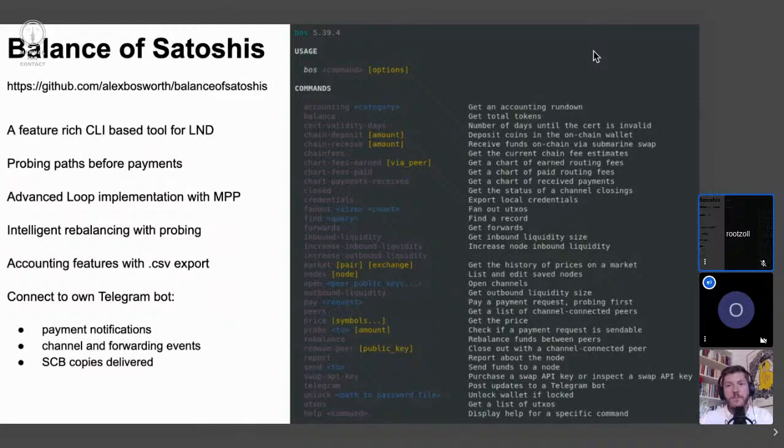Also, it has a rebalancing tool where you can see which channel should be paying and which channels should be receiving the balance. So it's kind of intelligent in terms of, well, it's probing the route, finding the route, and always shows you the fees before engaging in the rebalancing, and you can also specify the limits which it can do. And also, in terms of the amount, it is aiming for like a 4 million rebalance if it doesn't